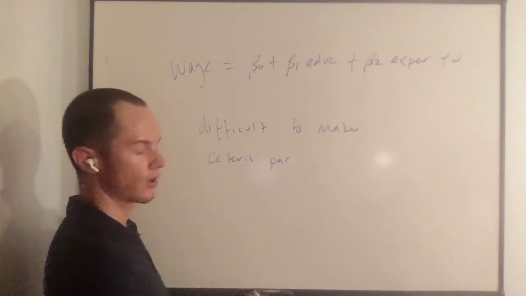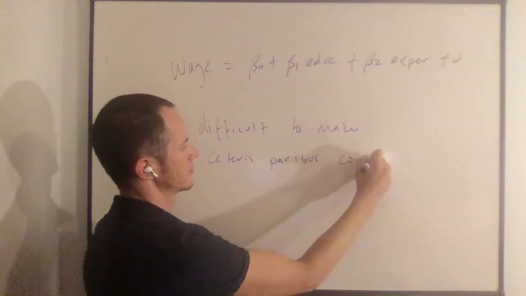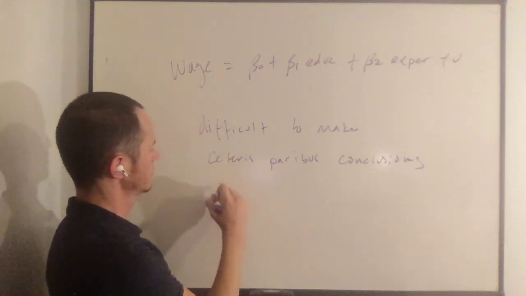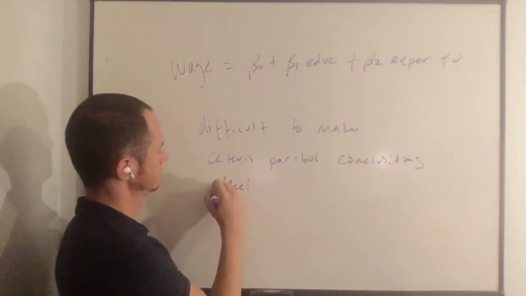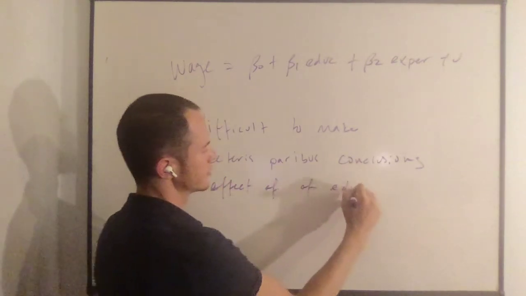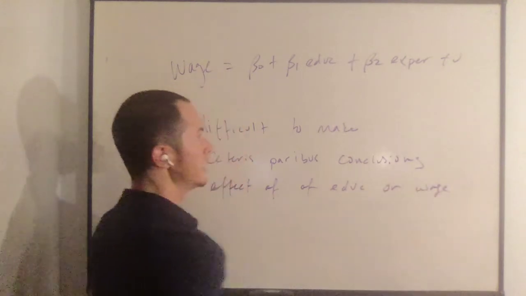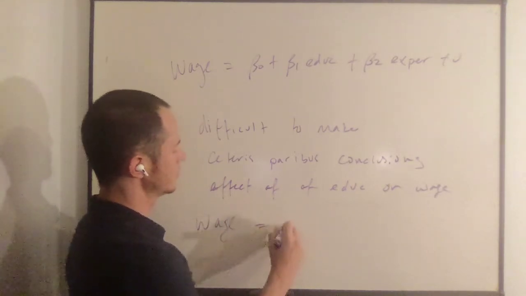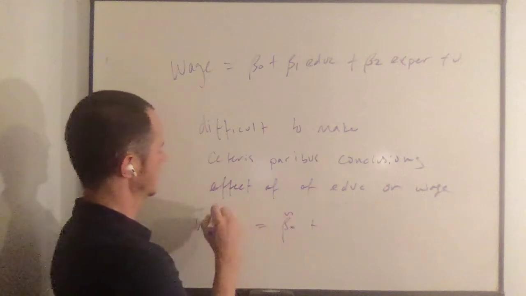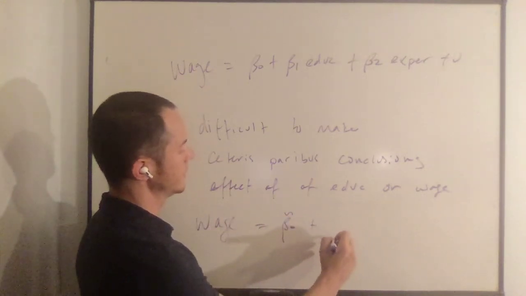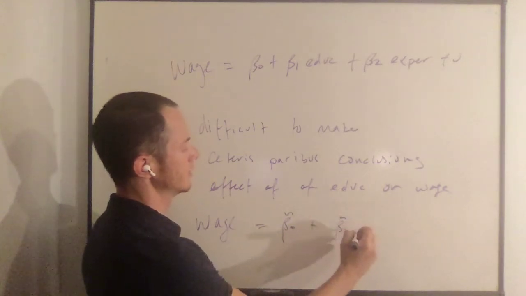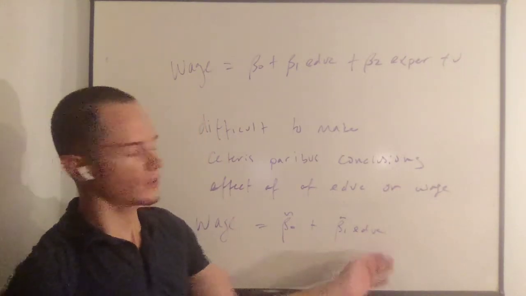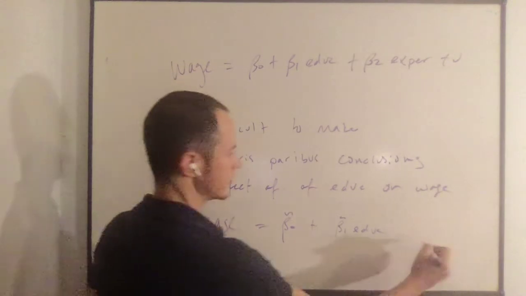So all else equal, or causal inference, about how education affects wage, consider the effect of education on wage if we were to leave experience out. So if we were to run the following regression, wage equals beta naught tilde plus beta 1 tilde education plus U, because what we need to make this causal inference is that